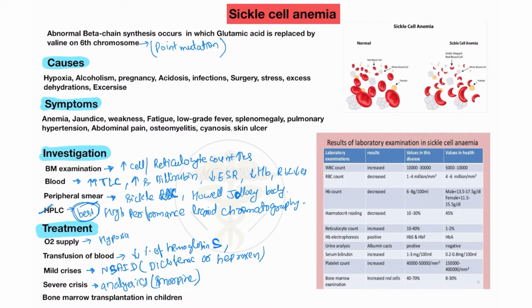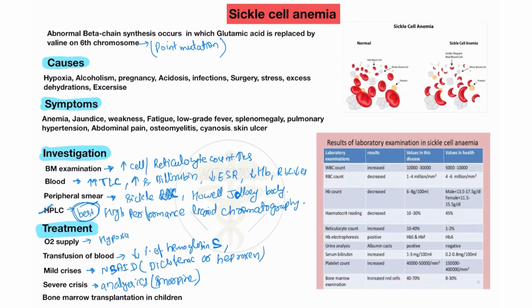I already said that reticulocytes increase. Here you will see the reticulocyte count increases in the patient, and the total leukocyte count increases. Here the leukocyte WBC count increases, but RBC, hemoglobin and hematocrit values decrease. So in this patient, RBC decreases, hemoglobin decreases, and hematocrit value also decreases. This is the normal value in a normal person, but this is the value in the sickle cell anemia person. So this decreases in the patient.